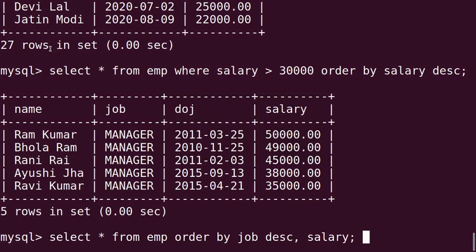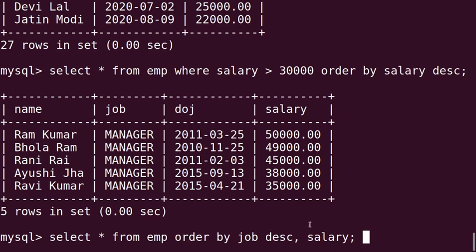Next query. Here with order by clause, we have not used a single field like salary as in the previous cases. Here we are using two fields, first job and next salary. So our query is select star from EMP, order by job descending, comma salary.